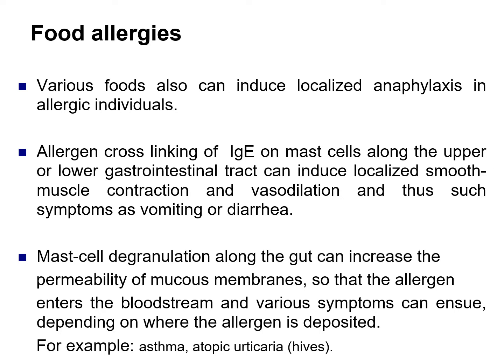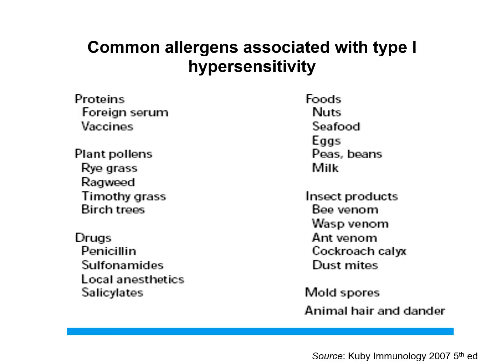So the mast cells can degranulate, releasing the mediators, okay, and the allergen can enter the bloodstream. This can cause many other symptoms like asthma or atopic urticaria or hives. Hives is in Filipino, pantal,